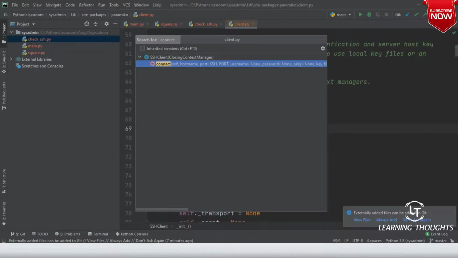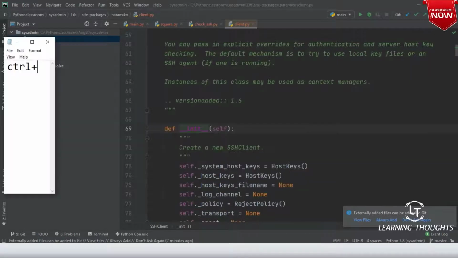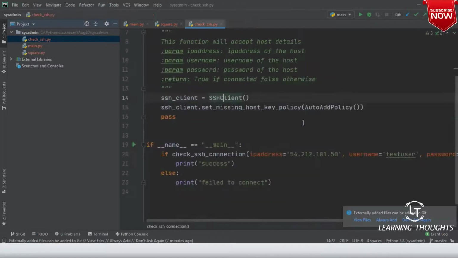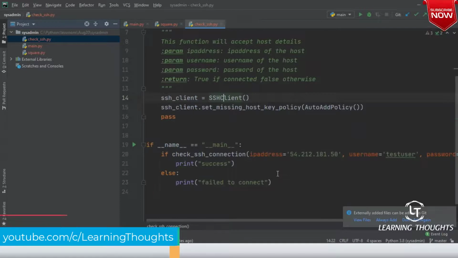So Control plus function key F12. But on day one, when we spoke about installing the tool, we already spoke about using shortcut keys. That is your choice. Okay. Right. Now,